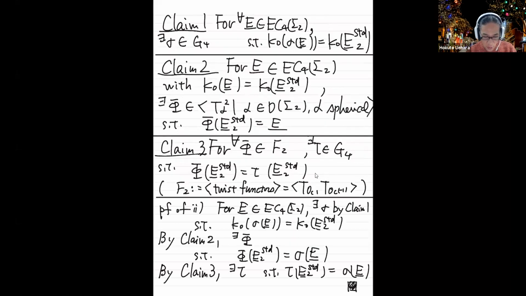And so now I want to explain how to prove the transitivity result. I explained these claims 1 to 3 and combine these. For a given external correction of length 4, by claim 1, there exists sigma generated by mutation and